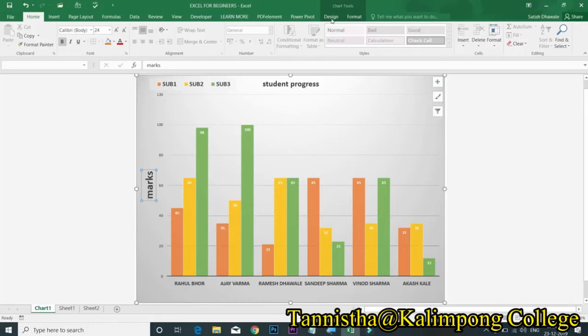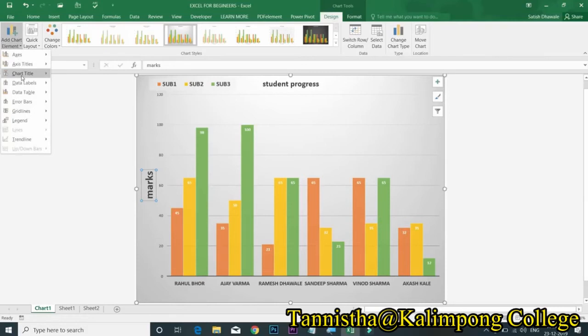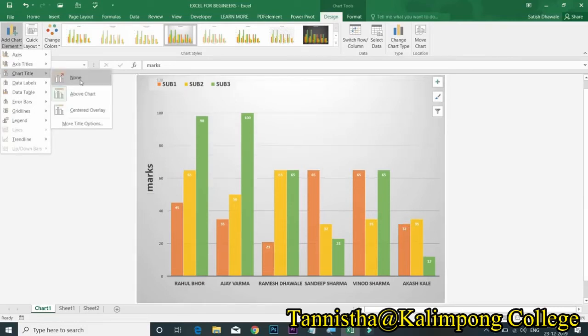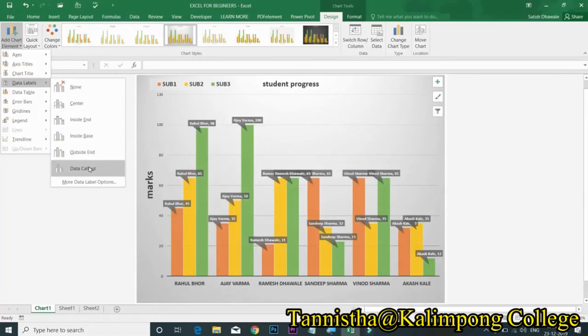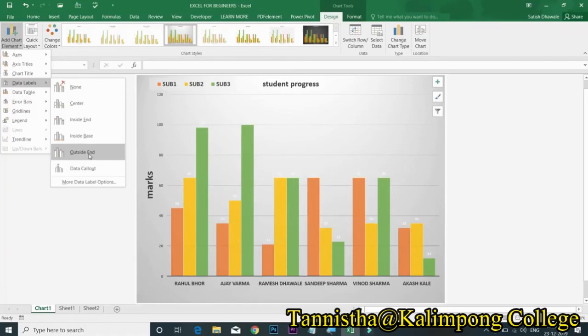Now moving to chart title, you can choose none, above chart, center, etc. Here we have already chosen chart title as student progress above the chart. Now go to data labels. It's also various types.